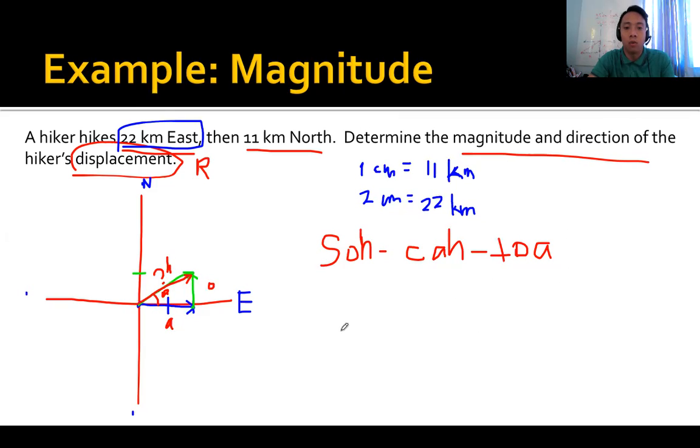So what will we use? If we have a given opposite and adjacent, can we use SOH? No, it's because we don't have the hypotenuse. We will also not use CAH or cosine because we don't have a hypotenuse. So we will use TOA or tangent. Okay, so we have here tangent